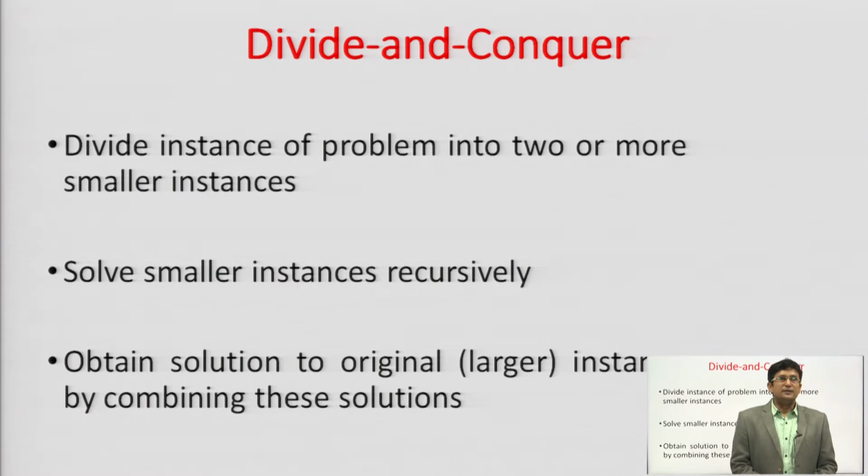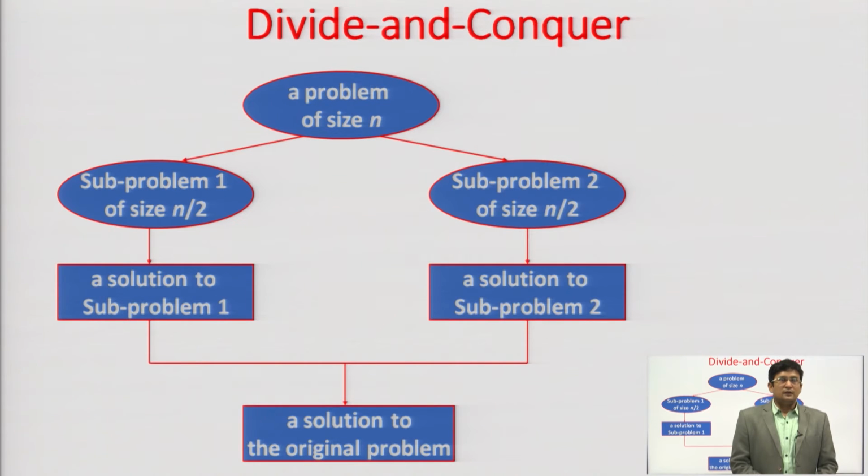So, the divide and conquer strategy is a technique in which we divide the bigger problem into the smaller parts and then we solve the smaller versions of the problem recursively and then we combine the solutions in the bottom up manner. Let us say we have a size n problem, then we are dividing that size n problem to size n by 2 and size n by 2 problem, and we will once again divide these problems into n by 4 and n by 4 and so on and so forth, and then we find out the solution of the subproblem and then we merge these two solutions to find the solution of the bigger version.